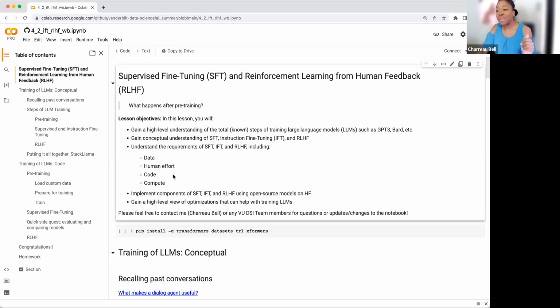So today you're going to learn all about that: supervised fine tuning, instruction fine tuning, reinforcement learning from human feedback. You'll also learn a little bit more about what it takes to train these models. We'll learn a little bit more about the data, how humans are involved in this. I know there've been a lot of questions about that. And there's also a paper that I provided here today, which will allow you to investigate that at length for OpenAI's models. Also, we'll go through some of the code that's needed, and you'll see some of the compute resources and experience that. And again, the code is provided here for us to use.